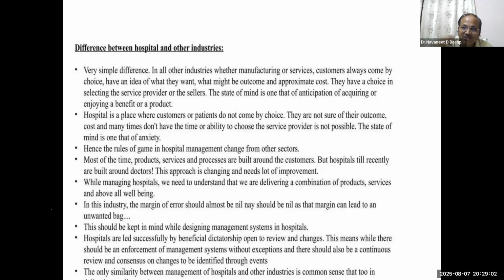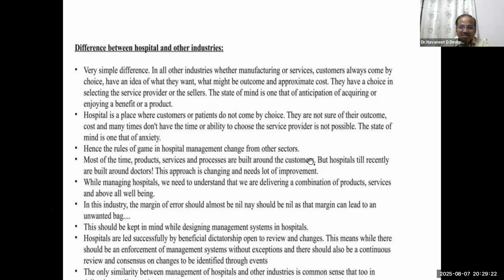Okay, and choose the service providers. They also don't know who is the doctor who is going to treat them. The state of mind is one of anxiety. He doesn't know who is going to take care of him. That is the main difference between a normal industry and a hospital. Hence, the rules of the game in hospital management change from